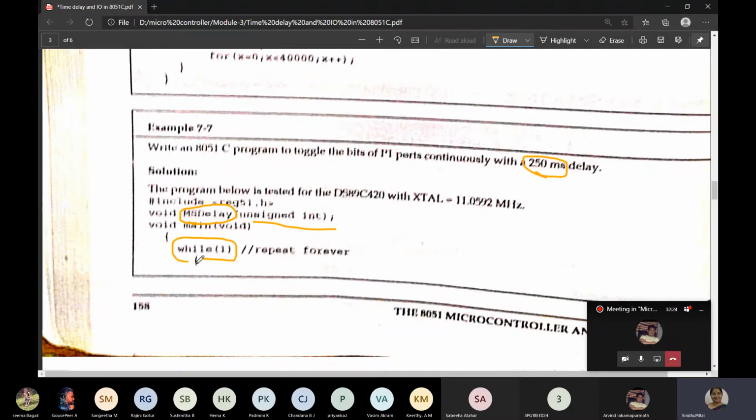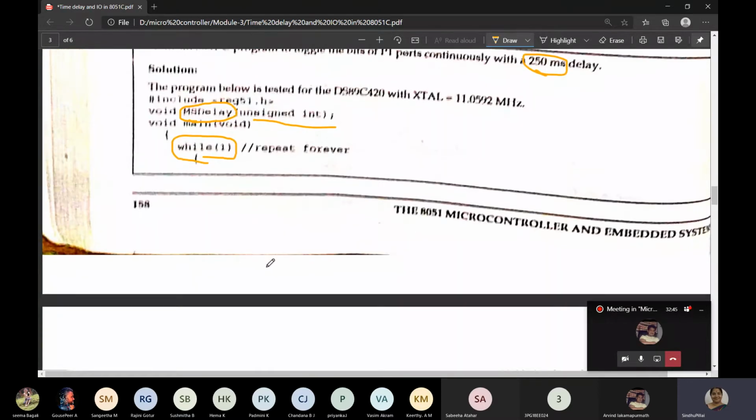When we write while of 1, it means that it is repeating forever. It will not check any condition. The condition is always true and it will repeat forever. As we wrote two semicolons in the for bracket, the same way we can write while bracket of 1. That means it is repeating forever.